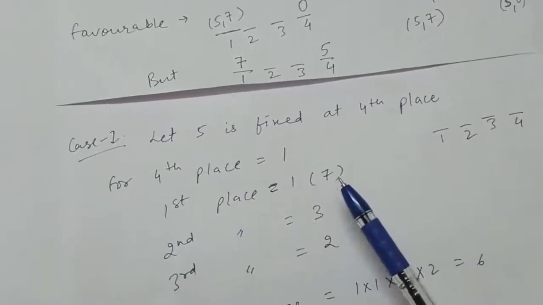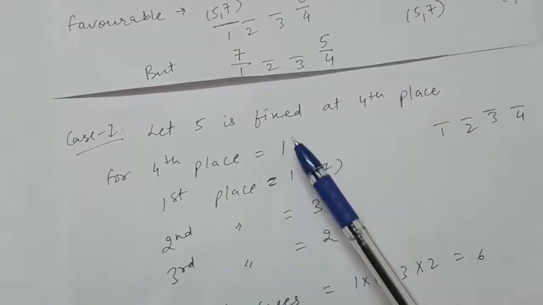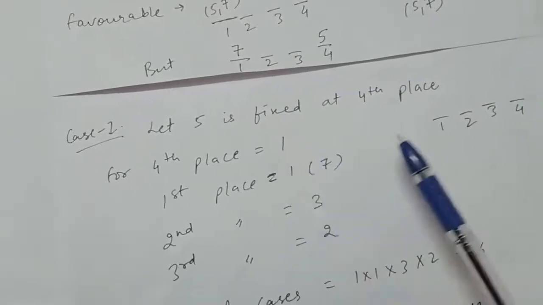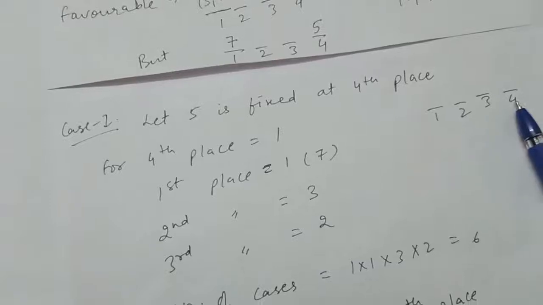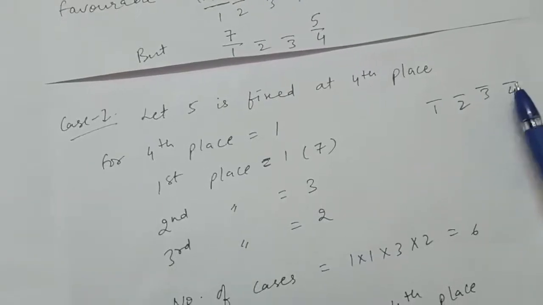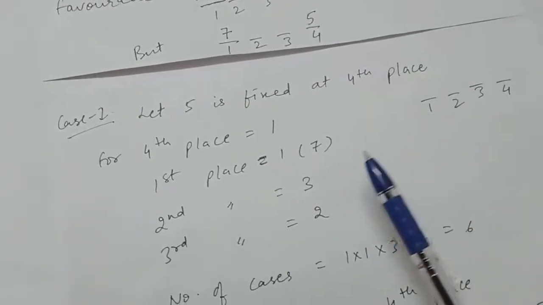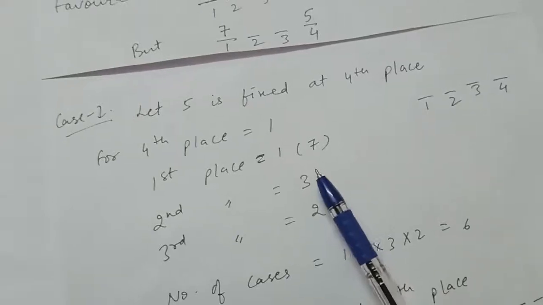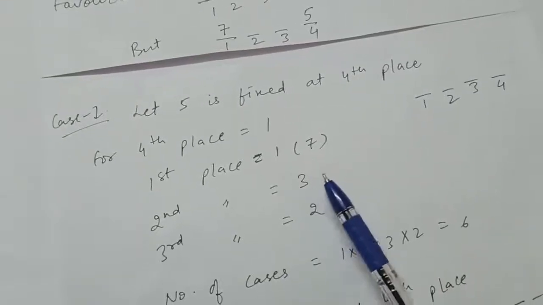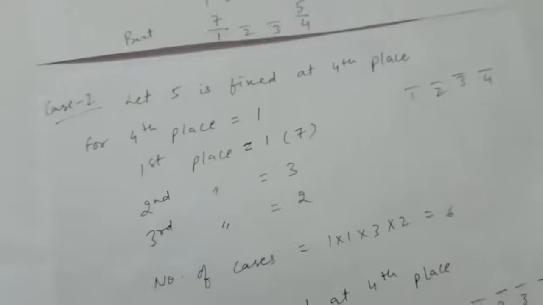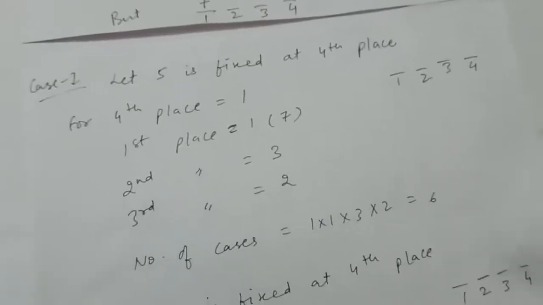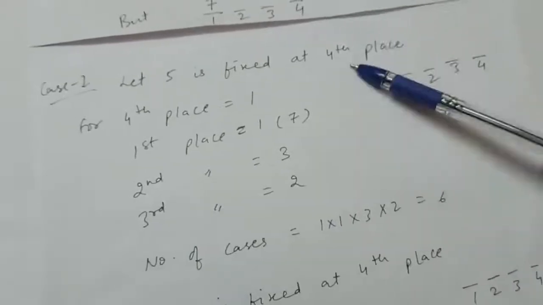Now in total we have 5 digits and we have used 2 digits at the first place and at the fourth place. Now out of 5, 2 digits have been used, so digits left are 3. So for the second place we have 3 options, and then for the third place we have 2 options, that is in total 6 options in this case.